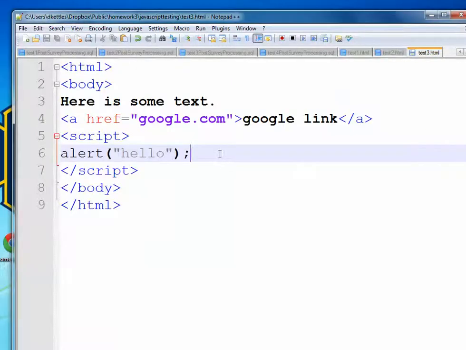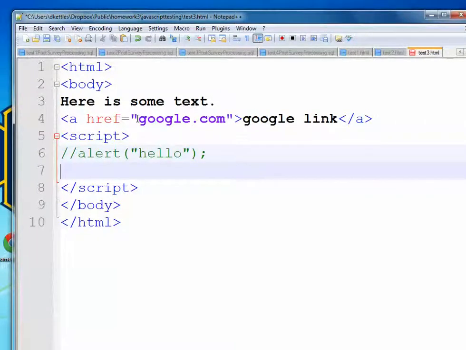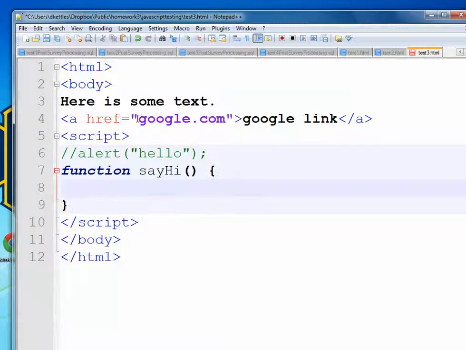All right, let me talk to you a little bit more about JavaScript. As you'll read in your studies, in front of any JavaScript command, you can put 2 forward slashes. That's one way to comment out something if you want to keep it there but not actually have it run in the page. Another thing I'd like to show you is writing your own function. If you write a function like say hi, you would write it like that, and you could then put in another function that's built in inside of there. Hello from say hi,